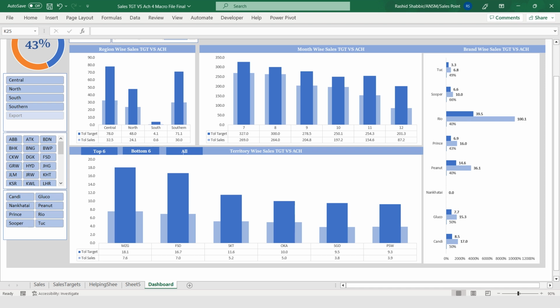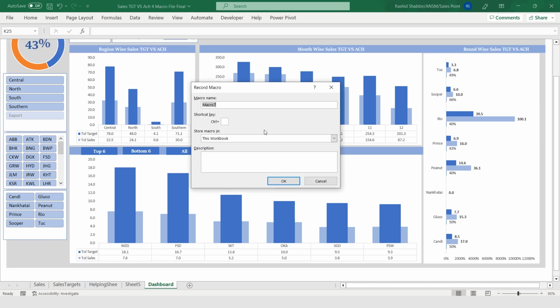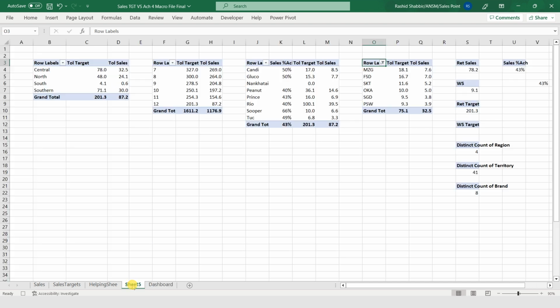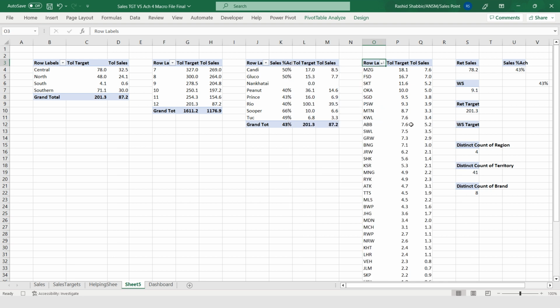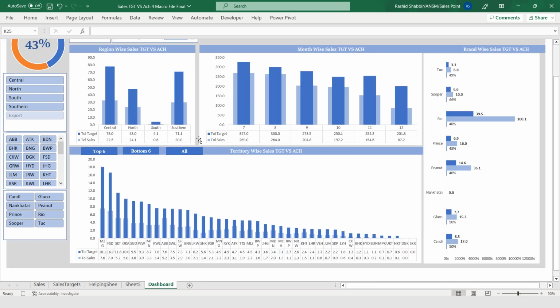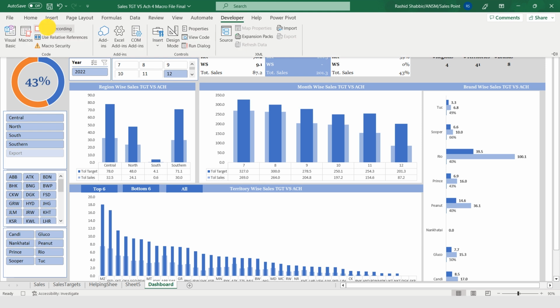And now if I want to get all the territories, I have to write a code for this as well. I'm going to the developer tab, recording, and name it all. Okay, going to my sheet 5, and here I'm going to value filters and clear this, returning back to my main dashboard sheet and developer tab and stop recording.